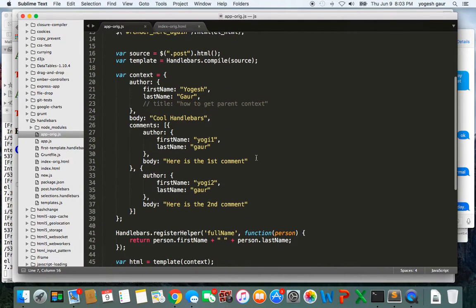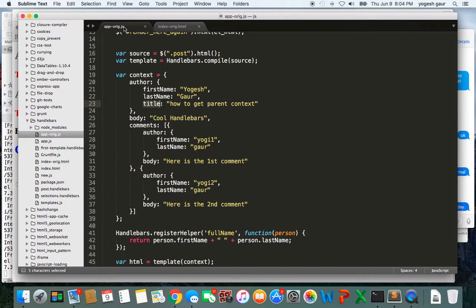It's pretty easy. To review the context, this is our comments, and we have the author, the first name, last name, and all that information. I've added a title for this particular author. Maybe this is the name of the book or whatever. I want to be able to access, within this comment block in handlebars, something in the parent, because it's not part of the comments, since here you have a for each loop. So I want to be able to access author.title somehow in here.